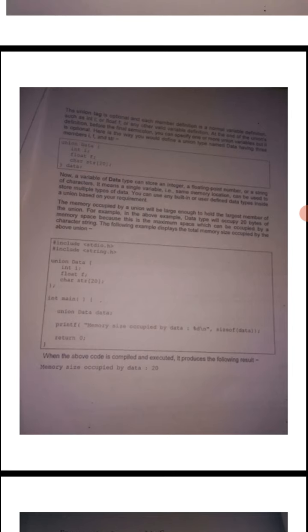At the end of the union's definition, before the final semicolon, you can specify one or more union variables, but it is optional.